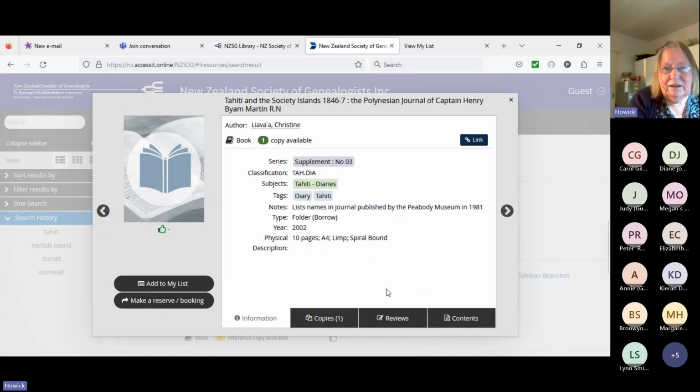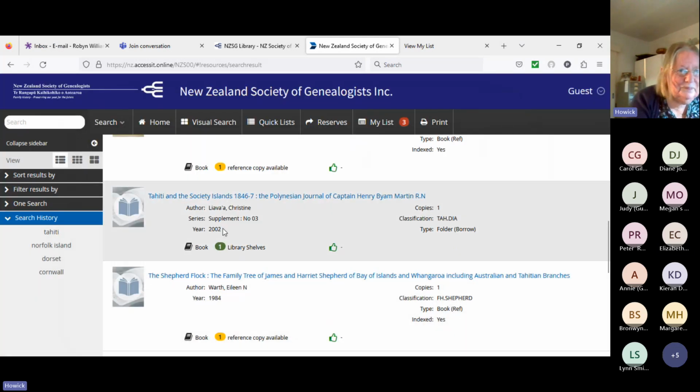Tahiti and the Solomon Islands, Society Islands, 1846 to 7, The Polynesian Journey of Captain Henry by Martin, and list names published by the Peabody Museum in 1981. And that's just a folder, but obviously useful if it's your particular area of research. Okay, so we'll have another look at